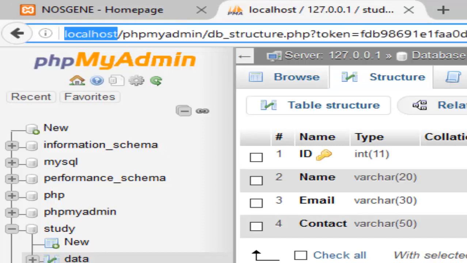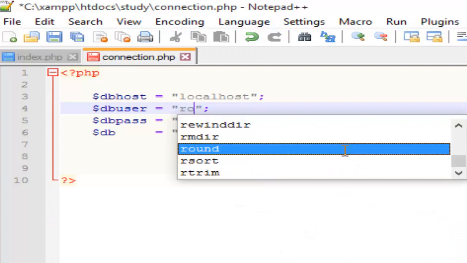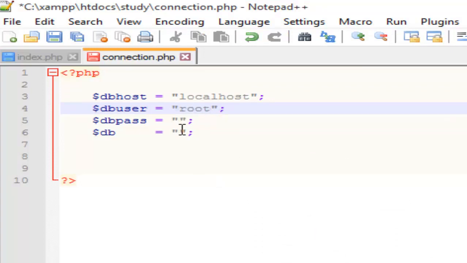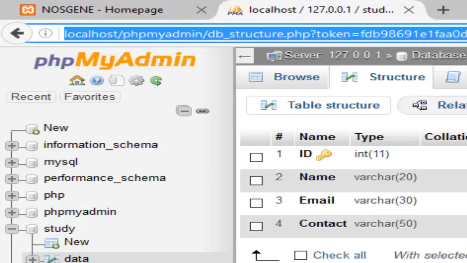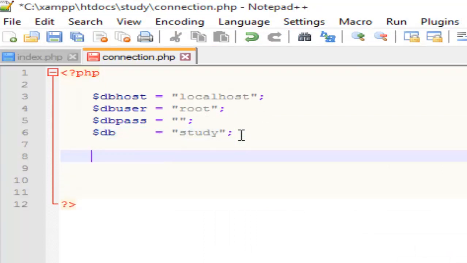Alright, so localhost username is by default root. There is no password, and the database is study. Now we need to make